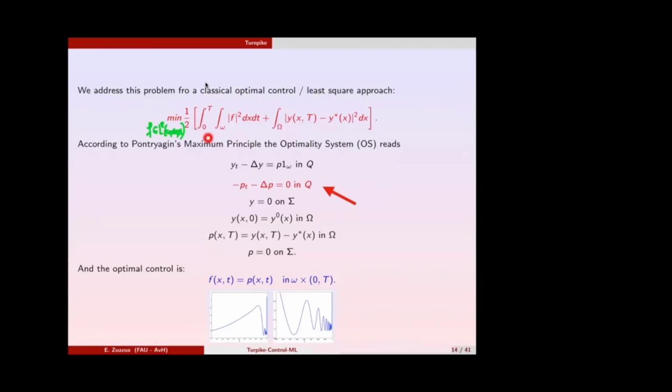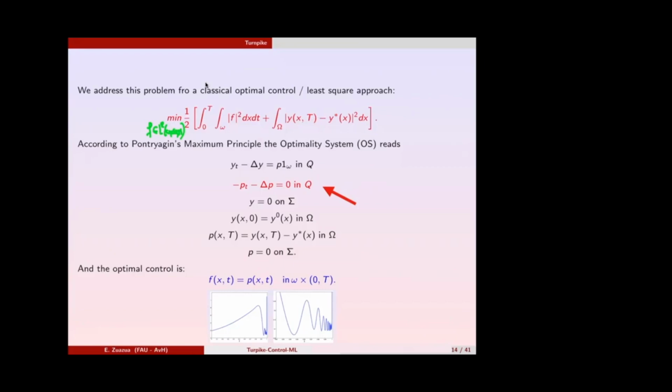In which you penalize two terms. This is a two criterion optimization problem. You penalize the control because you don't want the control to be too large. And you penalize also the distance to the target. For instance, in L2, these are the simplest topologies, because you really want Y at time T to be close to Y star. You penalize the two norms.